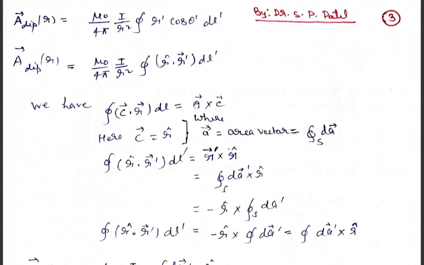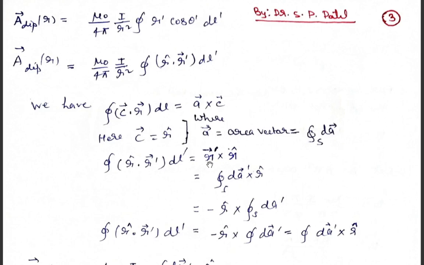तो what we can, that we can get A vector cross vector C. So if you write, here we can write line integral of closed path r unit vector dot product with r vector prime into dl prime. So that will be equal to, obviously that is A cross C. A is equal to what we have, area vector. Okay, so we have to define what we have, area vector.